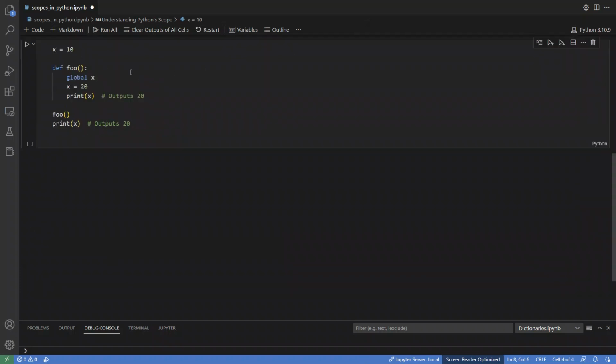Here is our previous example with just one change: we now want to access the global variable inside the function foo, right? In this case, we are trying to modify the value of the global variable. So in order to do that, we will explicitly tell the Python interpreter that we want to access the global variable, the global scope basically, right? So if you run this code,